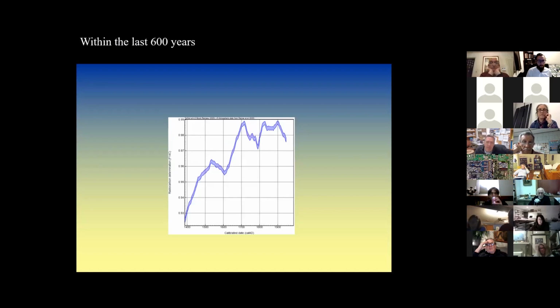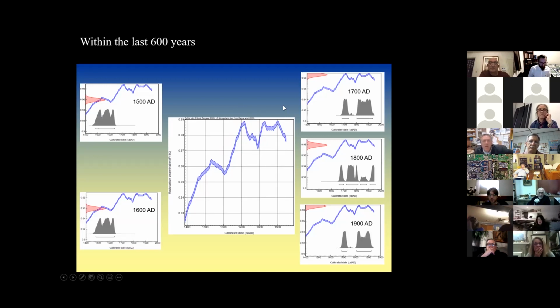All right? And I'm assuming that most of you are working on museum objects, and I think the majority of objects are within the last 1,000 years, and radiocarbon dating within the last 600 years is particularly challenging. So this is the calibration curve from 1400 to 2000. It's actually ending here at 1950, which is the 0 year for radiocarbon. But there were these periods of very rapid change and oscillations in atmospheric C-14 concentration. So, kind of like the example I just showed you,